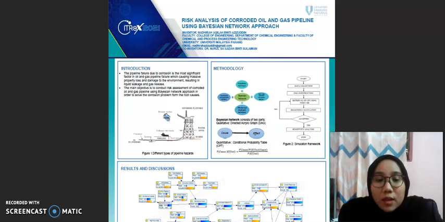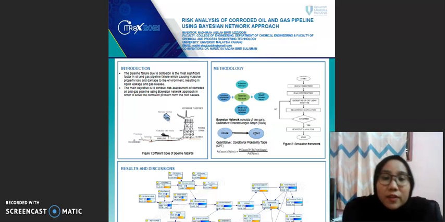Thus, different methods of risk analysis in oil and gas pipeline maintenance have been used by researchers, such as fault tree analysis, failure mode and effect analysis, bow tie diagram, and Bayesian network. Risk analysis provides an easy way of dealing with complex problems because it can be built with different risk analysis models that contain vagueness and impreciseness in knowledge representation. Because of that, the main objective is to conduct the risk analysis of corroded oil and gas pipelines by using the Bayesian network approach in order to solve the corrosion problem